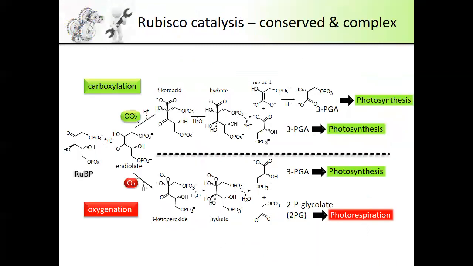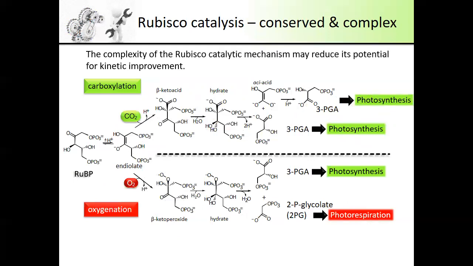But what is shared amongst all those different forms is that catalytic chemistry. Again, we have these competing reactions: CO2 binding to the enediol form of RuBP once it's bound to the active site goes through a series of 5 partial reactions to produce our 3-PGA molecules, which go into photosynthesis. Or if oxygen competes successfully to interact with the C2 position on the enediol form of RuBP, then we get 3-PGA and 2-phosphoglycolate. And as I said before,